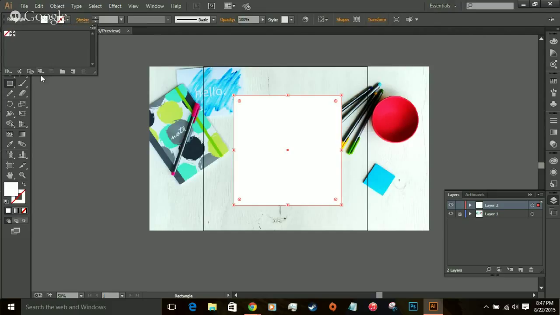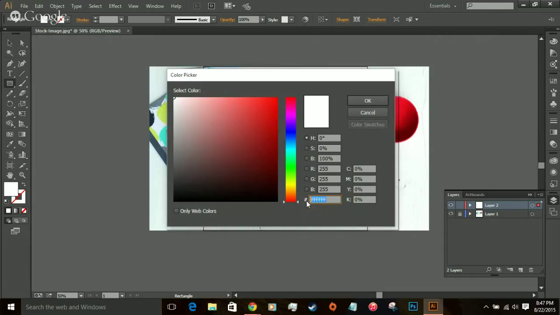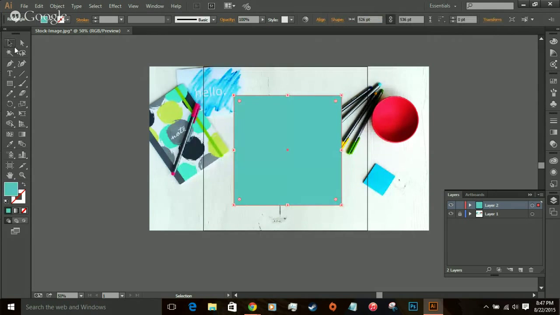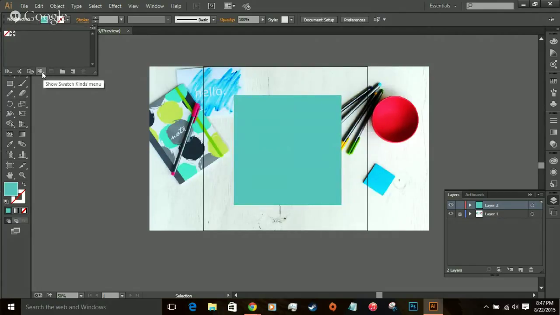So if I want to change this color, either I can do it over here by clicking on this and filling in a hex code. So mine for my blog is 59C4C0. That's the teal color that I use. And yes, I have it memorized. Or I can do it up here. If you're not seeing swatches up here, this drives me crazy. I'm not sure why this happens, but if you're not seeing them,